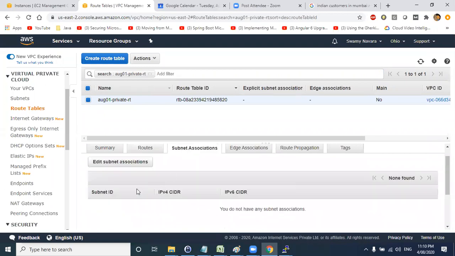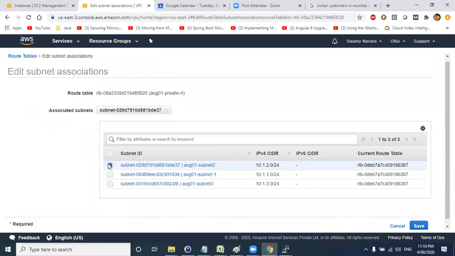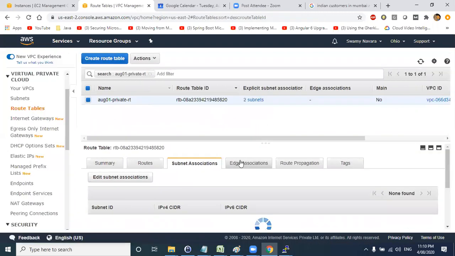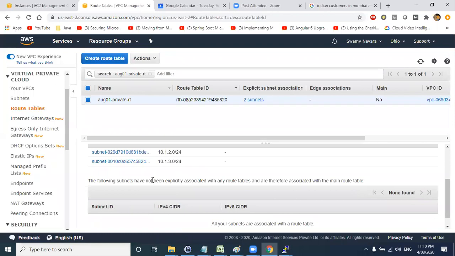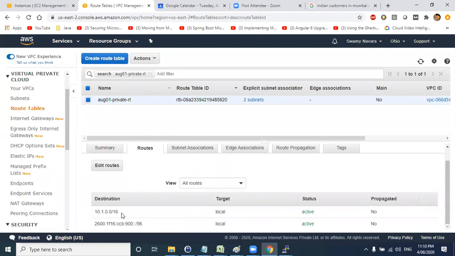Click on subnet associations, click on edit subnet associations, select subnet 2 and subnet 3 for this route table. Clear? Now what you are telling here is any traffic which is coming from local should be considered and allowed, but external you have not given, right?